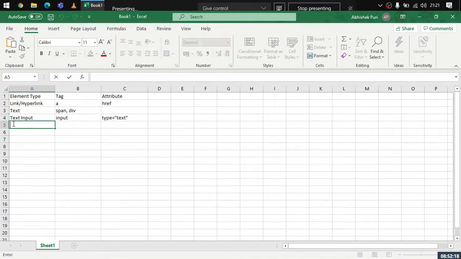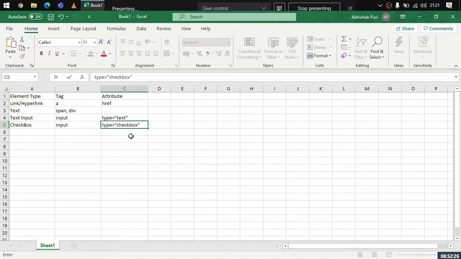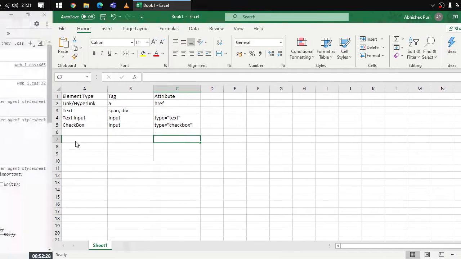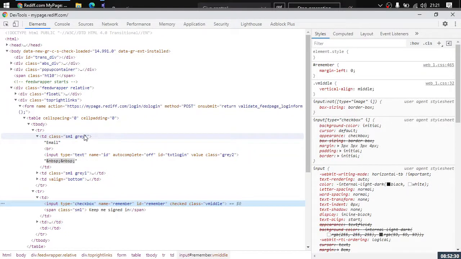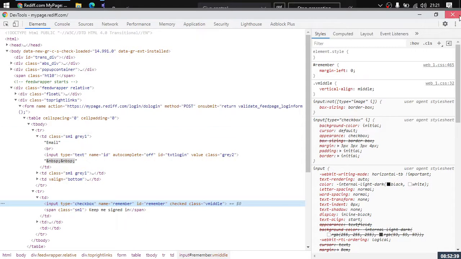So here, checkbox, tag is input, and type is checkbox, right? This is one of the mandatory attributes just to make sure that the element that we are dealing with is a checkbox, right? Here, let us just close this window.